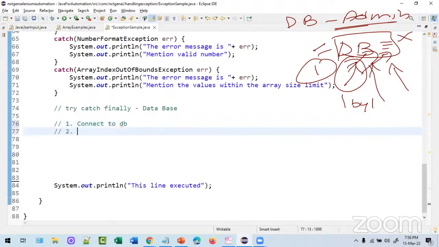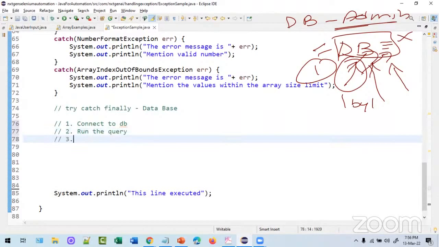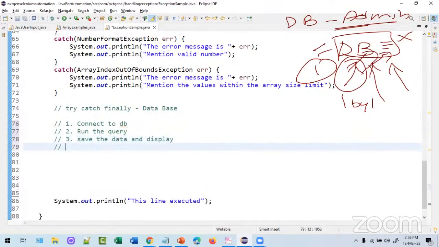Then connect to DB, meaning with proper credentials, run the query, then save the data and display or manipulate it as you wish. Very important: disconnect the database. The biggest problem here is if you are not disconnecting, maybe user one connected and is running some query,